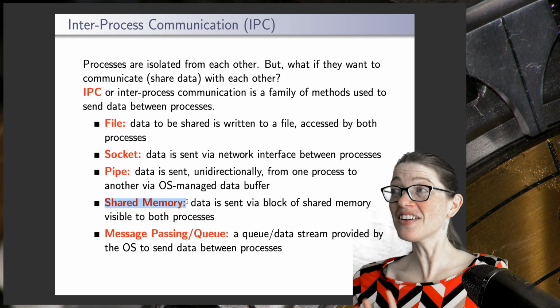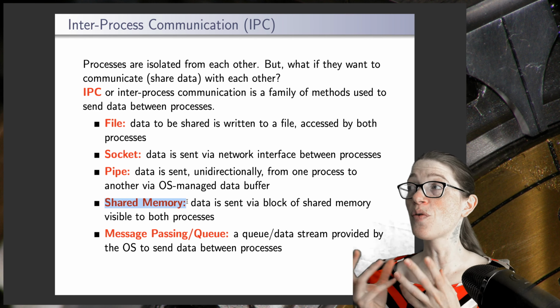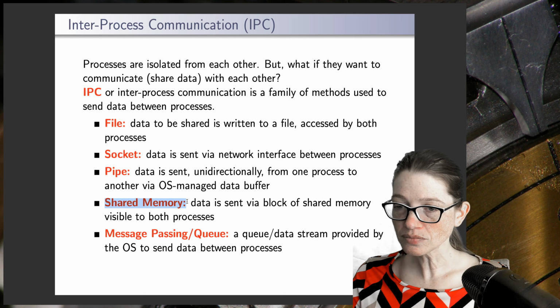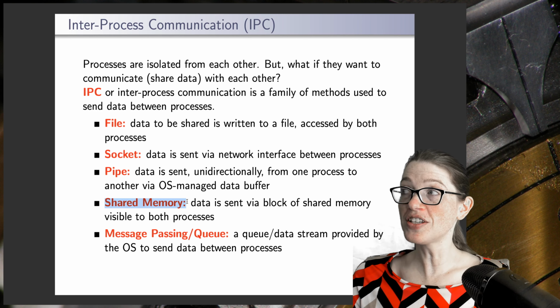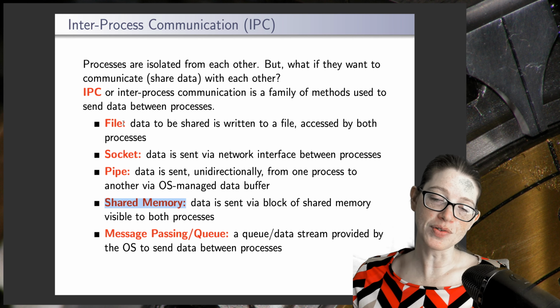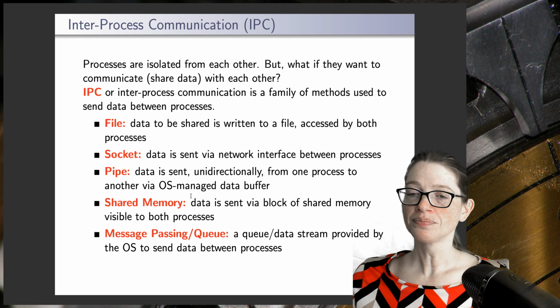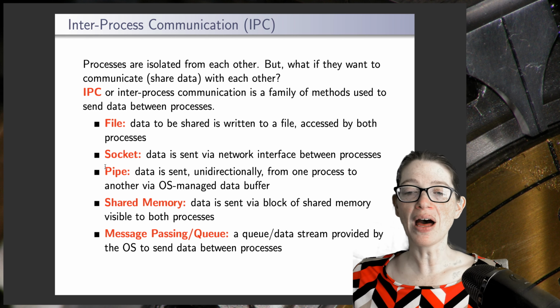And again, you end up with synchronization problems because you don't want one process reading before the other process is done writing. So there's lots of other different ways that you can actually do interprocess communication, files being the absolute easiest way to do it. Shared memory is fairly simple to do as well. But something else you could do is pipes,